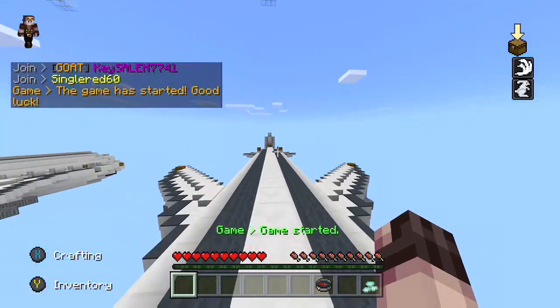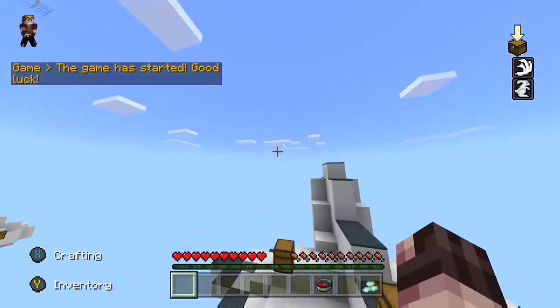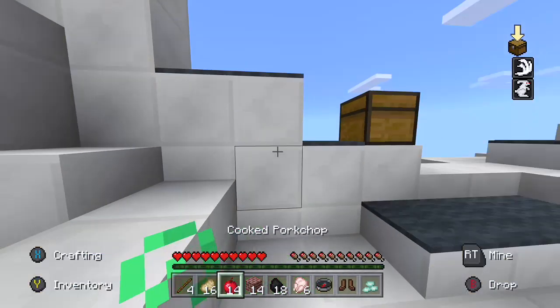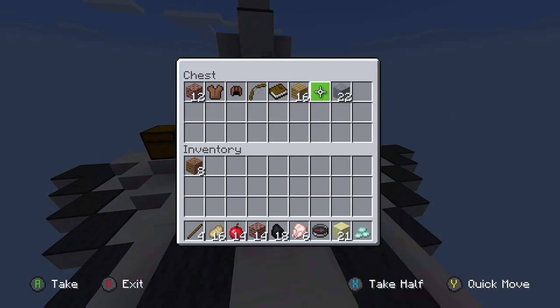Today we're going to be playing the airport map with the athlete kit. I'm going to go straight off and find this chest which is on the back of the plane. By the way, in case you don't know what Skywars is, random players are spawned onto random islands. This, for an example, is an aeroplane, and we're going to be fighting it out to see who is